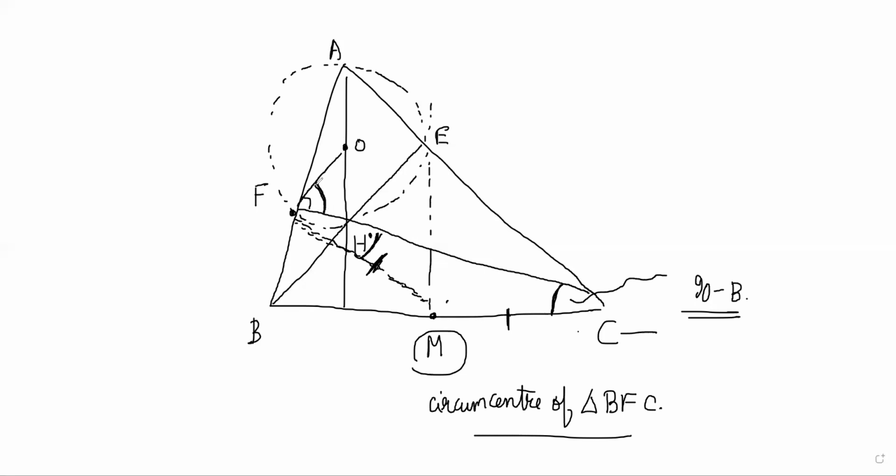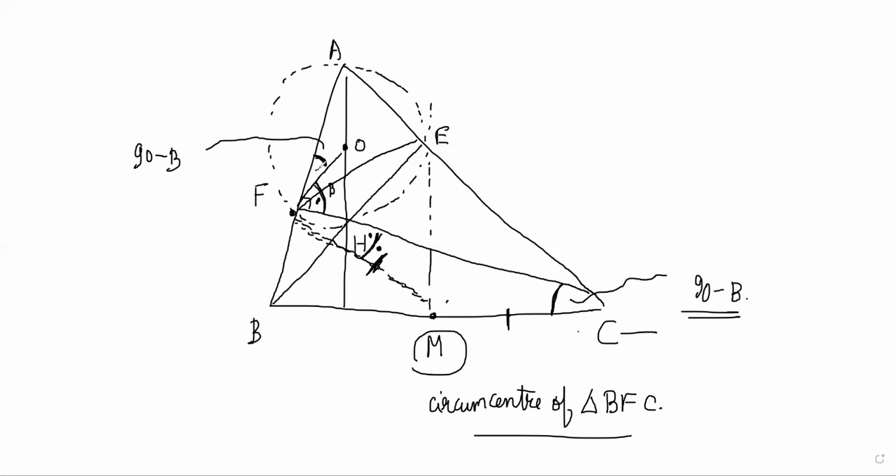So we need to show that the whole thing is 90, and this is already 90 minus B. So we need to show that this angle is B somehow, right? Since OAF is 90 minus B, we need to show that. And that is easy, I think, because we just need to show that